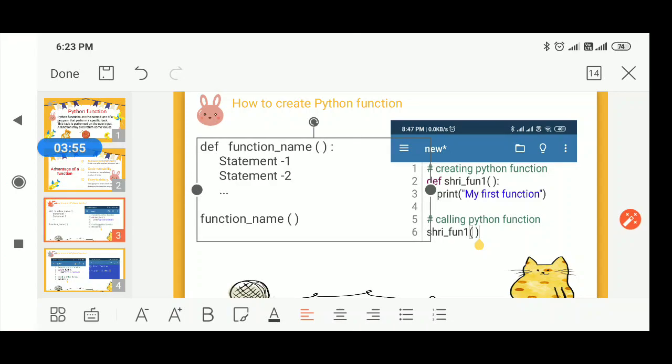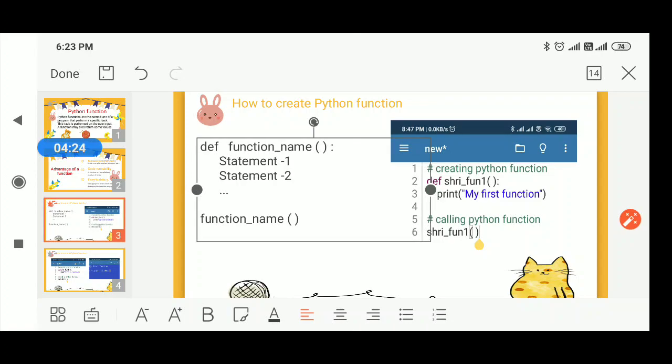It is an identifier. We can give any name for a function, which is followed by parentheses. Sometimes the parentheses will be blank, or sometimes they will take some input. It depends on the user's choice which kind of function a user wants to create. And at the end we place a colon.